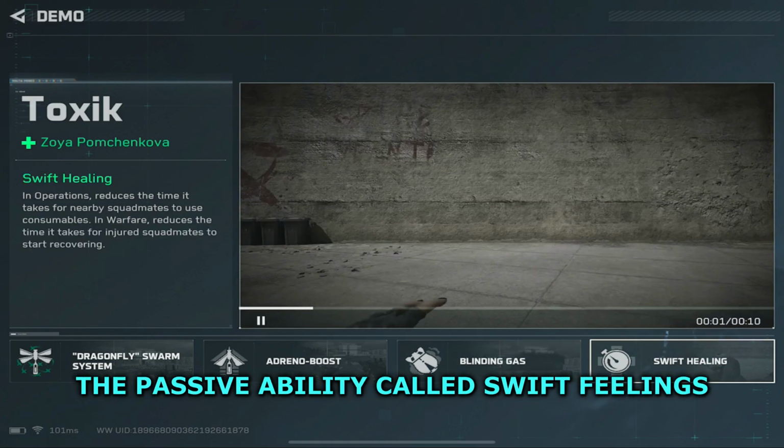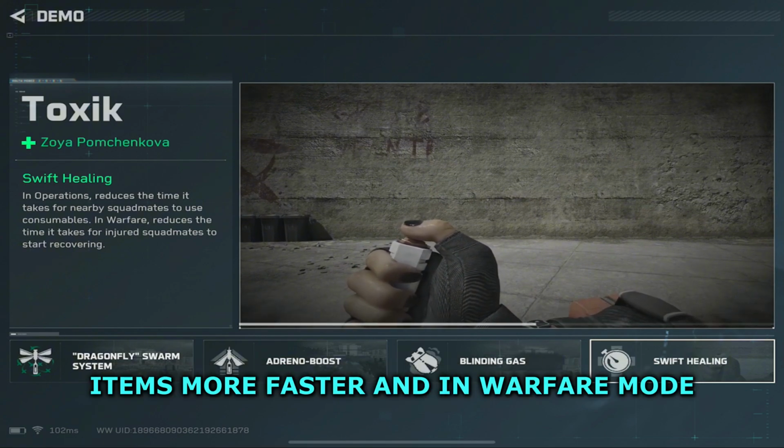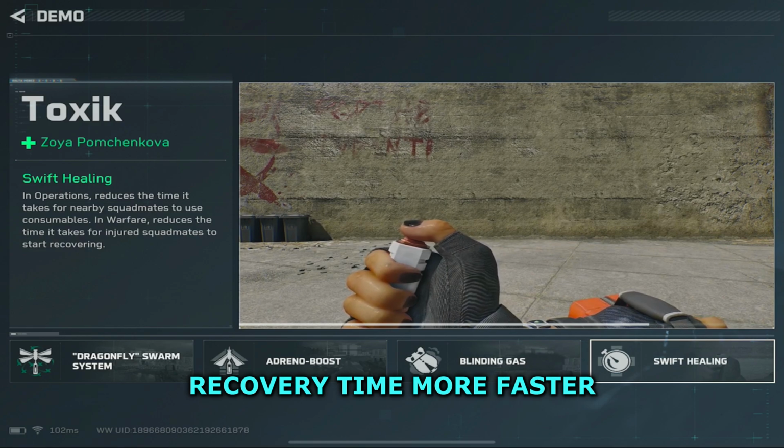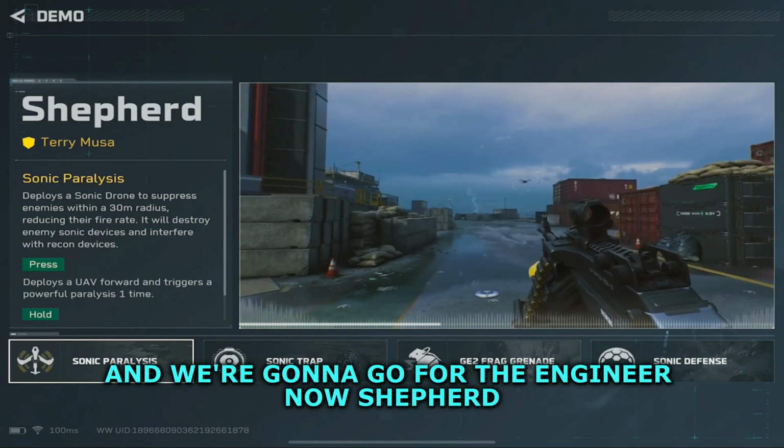The passive ability called Soothing Feelings makes nearby teammates use healing items faster, and in warfare mode, recovery time is faster. And that was all for the support class, guys, and we're gonna go for the engineer now,